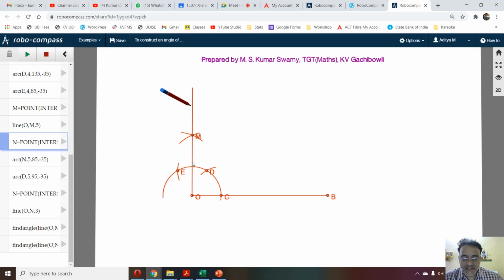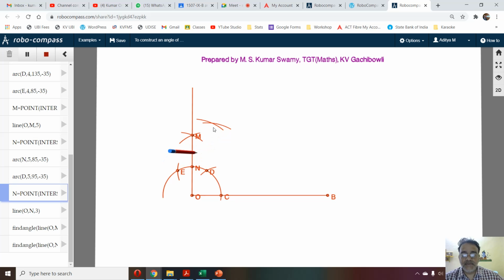Right, now this is 90-degree and this is 60-degree. Now we will draw the bisector of these two, in between these two angles. Okay, so we'll take this point as N. Now with center D and N, we'll draw two arcs of radius more than half of DN on the same side, and both will intersect at point,